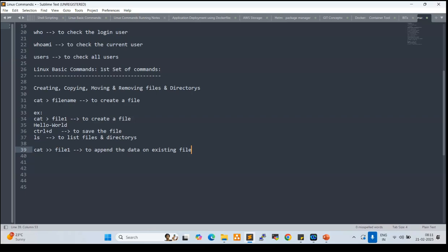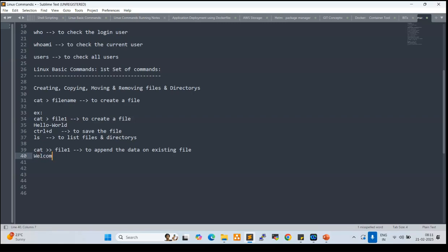To append the data on an existing file, we give the command cat space double greater than space file name, right? It will ask you to add the content here.